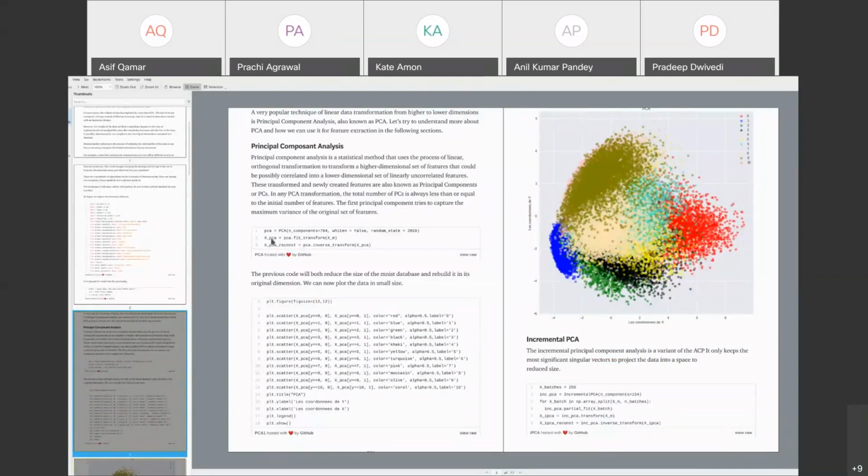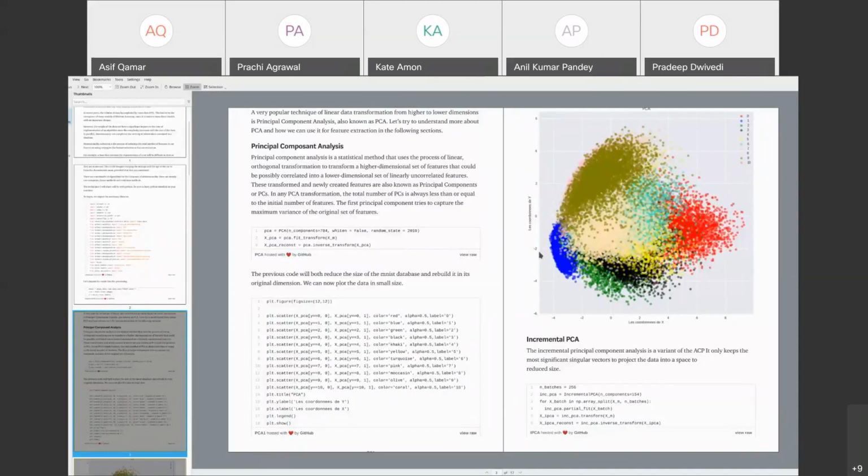To do that, once again, guys, do you notice it's just 3 lines of code? In 3 lines, we are able to reduce the dimensionality. After that, there's a plotting code, which is a bit tedious, longer, but very simple. All you're doing is attaching a color to each of the digits, 1, 2, 3, 4, 5, 6, 7, and plotting it. When you plot it, clearly you notice that, for example, the zeros are clustered here, the ones are clustered here. So 0 looks very different from a 1 in the synthetic PCA space. Right? And different digits get separated out. It's pretty impressive, right, what PCA can do.